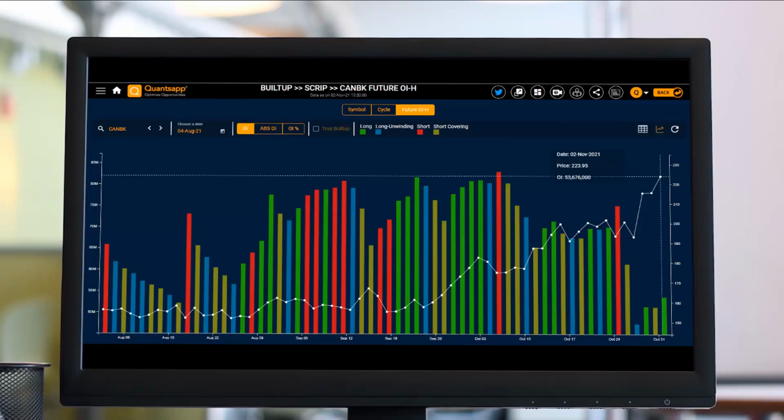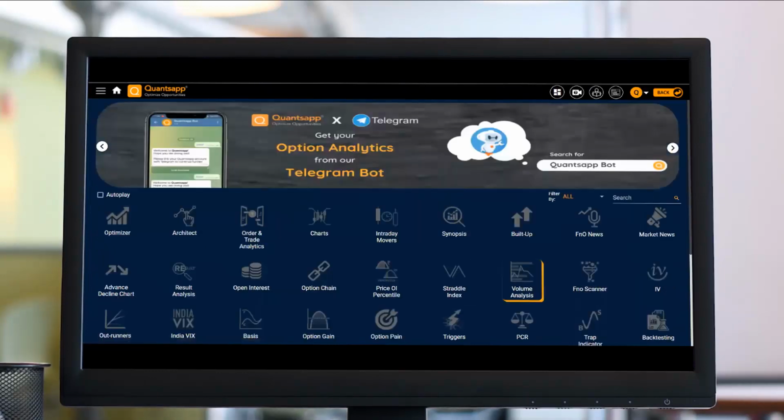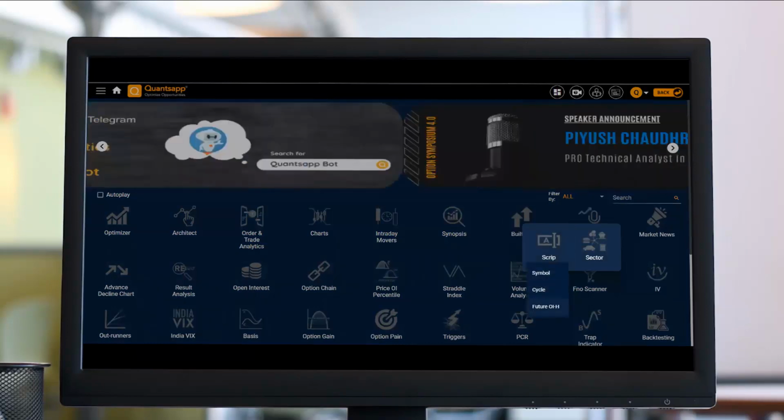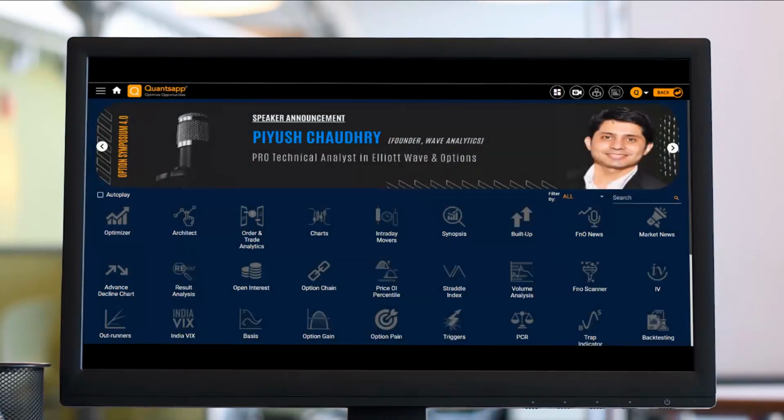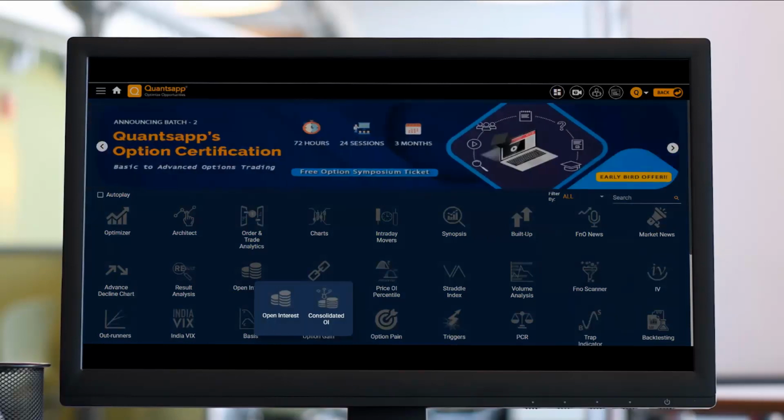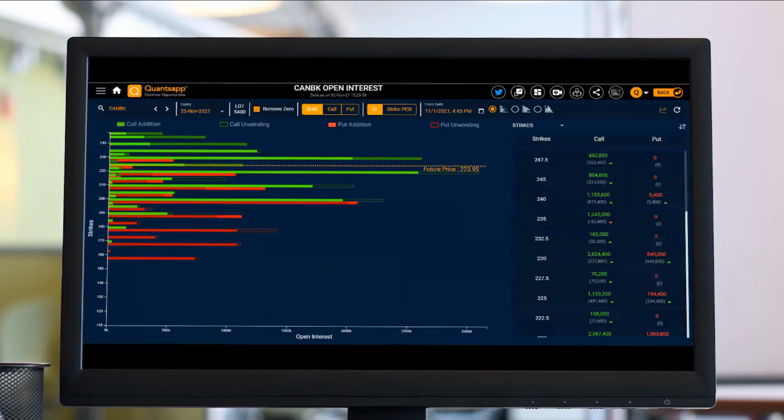So basically, we can use the trap indicator as a filtration, but it requires further analysis like Future Open Interest Historical, which shows us the historical build-ups, wherein if the stock is on the buy side, look out for stocks which have a lot of greens recently. We can also check the options open interest data to find out the key levels. Let's say we want to look out for short coverings, the puts getting added, the put writers being aggressive, and the call writers unwinding their positions, which we should generally watch out for. In this case, green color bars show call OI, red color bars show put OI. Hollow shows unwinding, bright shows additions.